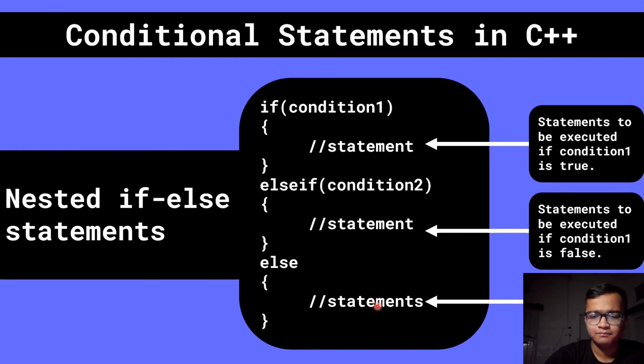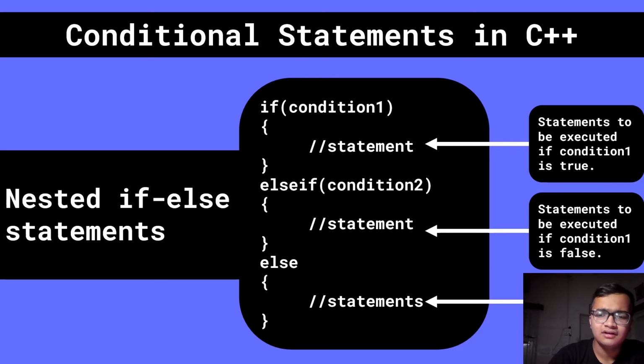In this way you can integrate multiple else ifs after this, but you have to end with else. See, after this if there is one else if. If you want to add many more conditions, you can also change this to else if and then you have to write else. It will be if, else if, and in the end else. This is called the nested if else statement, where multiple if else statements are nested or integrated within the same block. So this was about the conditional statements in C++.